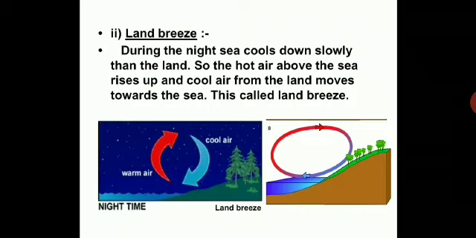So you can see over here, warm air from the sea will rise up because it is warm and it's going to expand and rise, and the cool air from the land will try to take its place, so that circulation of replacing cool air and hot air will continue, and this will form a land breeze, and this will happen at night. So you can see in the diagram, in the picture, it's very clear. I hope you'll have written this land breeze in your notebook.